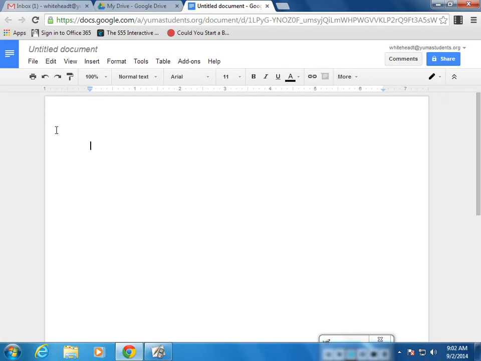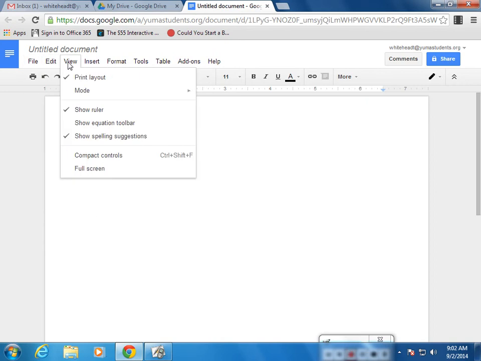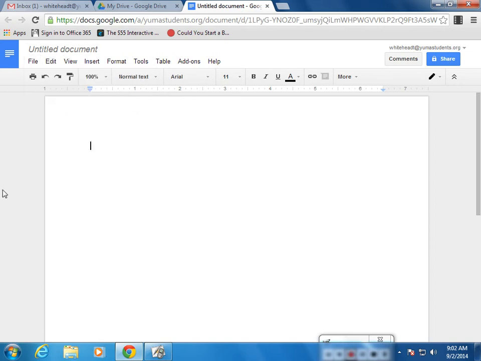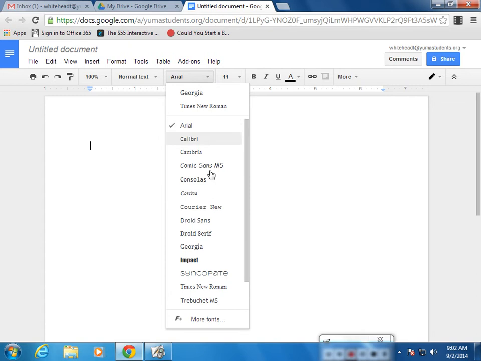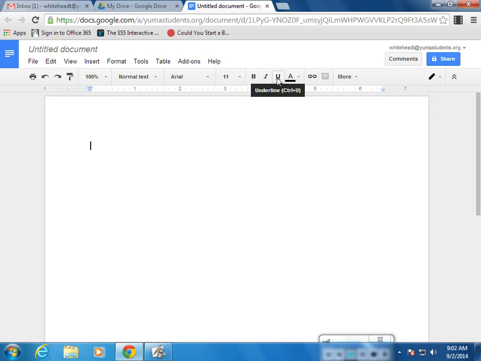Now this is basically like a simple Word document if you've ever used that. So you have all the basic file and edit and view and all that stuff. So here we're just going to show you that. And then you have all the normal text options. You have your fonts and your font size. And you can also bold, italicize, or underline, and even change the font. So from here, if you want to type something,